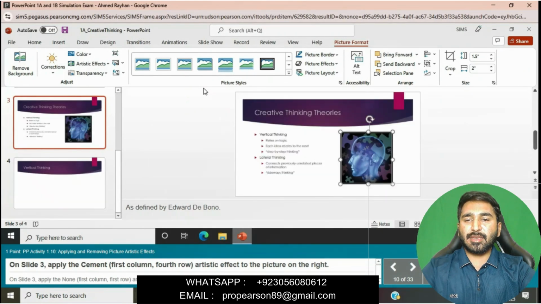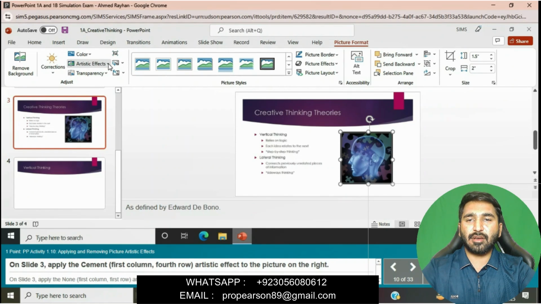On slide 3, apply the cement artistic effect to the picture on the right, the first photo. Simply click on slide 3 and click on artistic effects in the adjust group.